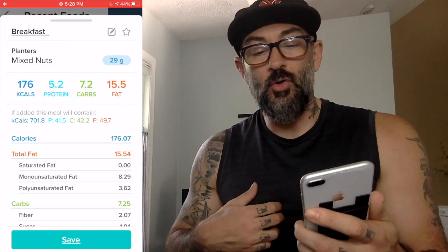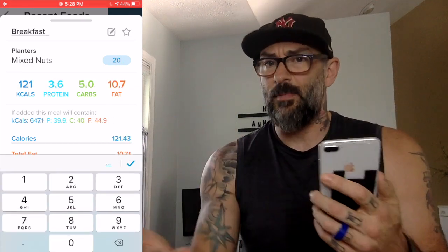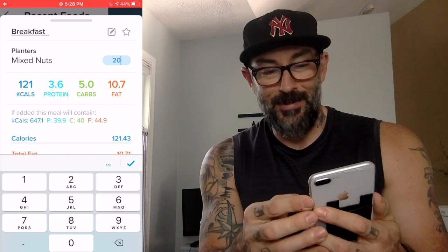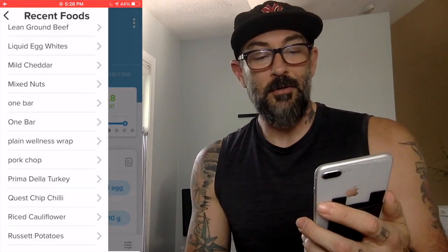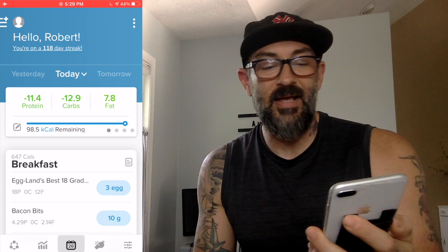I'm not going to do the full 29 grams. Let's do 20 grams, which is a very small amount of mixed nuts. These are made by Planters, lightly salted, cashews, almonds. It's like the nicer nuts. Let's do 20 grams, and let's see what that does here. So it knocked down my fat quite a bit. It took my protein and my carbs up just a little bit more, but now I'm only 98 total calories